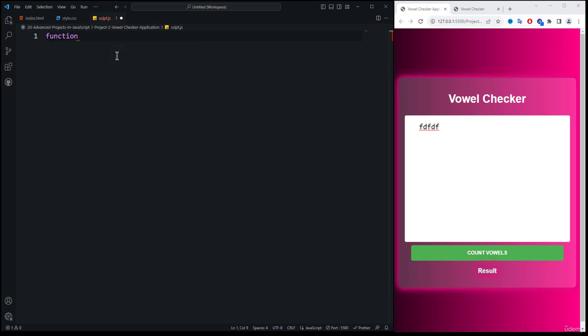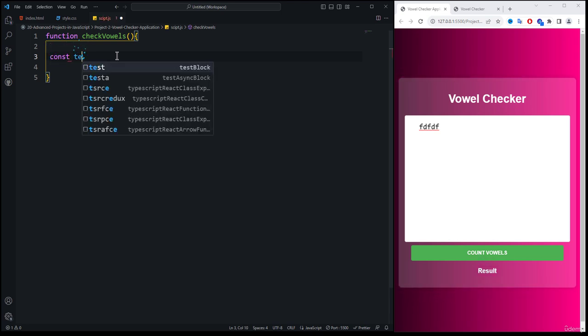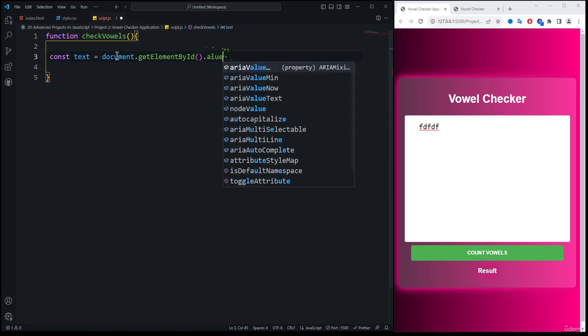Here I will be writing the function, then I'm going to paste the name of the check vowel function. Inside of that, first we need to get the reference to the text area. So I will be using const, and it is going to be text, is equal to, and then here we need to use document.getElementById, because we have specified the id, and then we want to get the value,